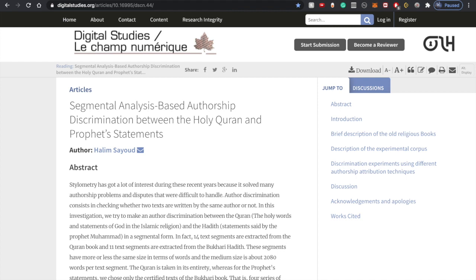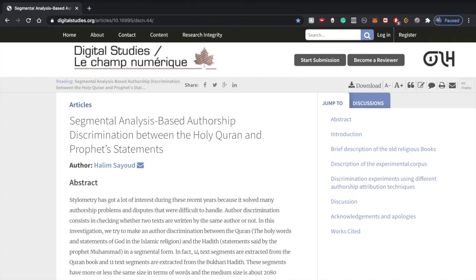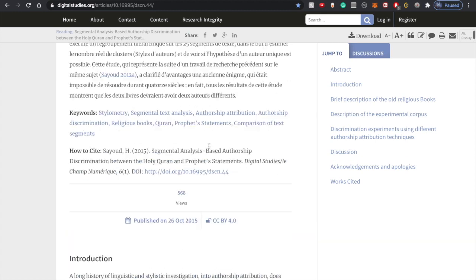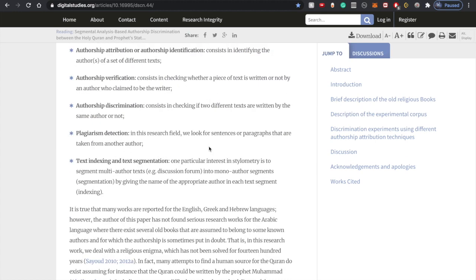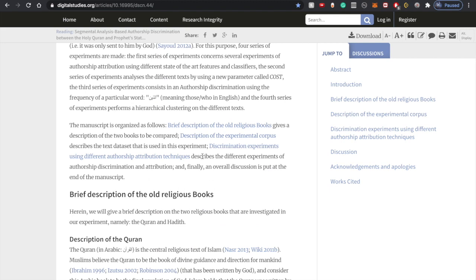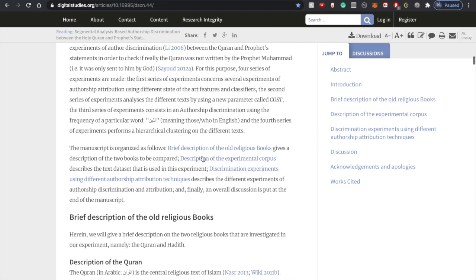That's it for the last paper. Let's just move on to the third paper. In this paper, some of the similar experiments to part 1 were performed sometimes, and what was different mostly was that a larger sample size was used. A much larger sample size for the hadith was used, because it was thought that it'd be better for this experiment to use a much larger sample size of hadith.